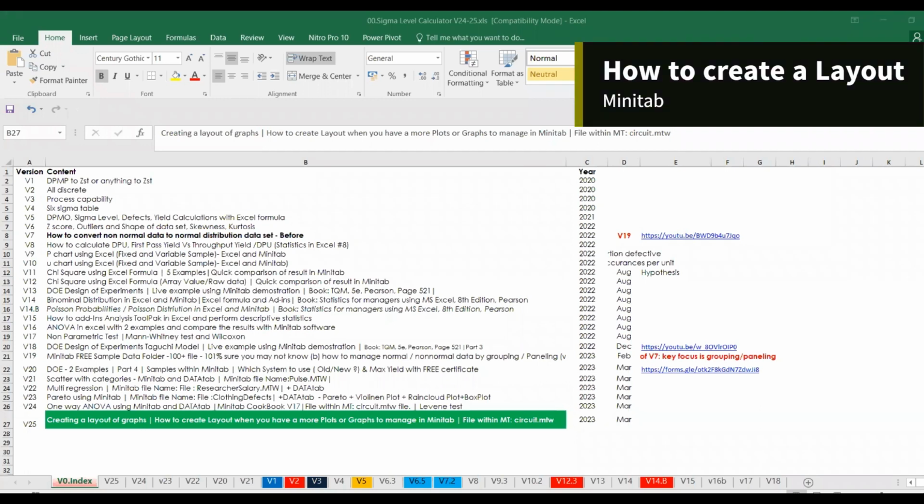Today we are going to discuss a small topic called creating a layout of graph. Whenever you're dealing with multiple plots within Minitab, it is difficult to navigate through and adjust the screen and all that, which we also typically saw in the previous video. While we were doing ANOVA, it gave 4 plots and it was very difficult to combine and have them in one picture, right? So the best way to manage is that we can do it with the help of